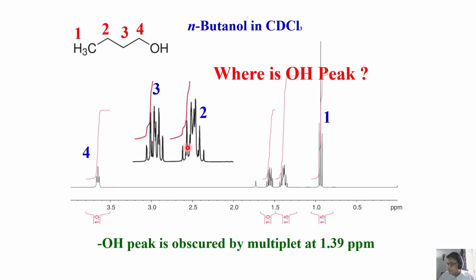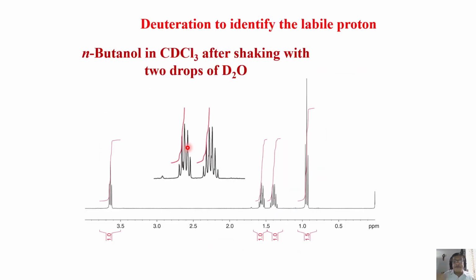There are certain tricks adopted for this. The trick is to take a small amount, less than 10 or 15 mg, of D2O, a small micro drop, 1 drop of D2O. You add it to the solution in the NMR tube. Shake it for some time. Add 1 drop, shake the NMR tube for some time. Depending upon the exchange rate, it may go fast, or sometimes after 2-3 minutes or 5 minutes, or sometimes half an hour, no problem. Then record the spectrum after some time.